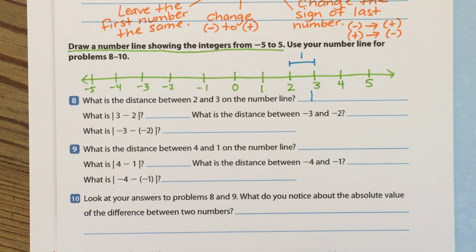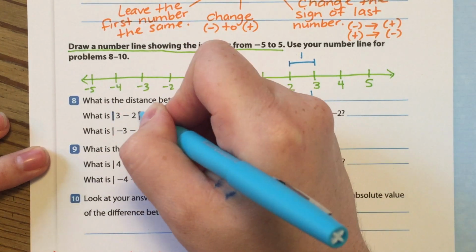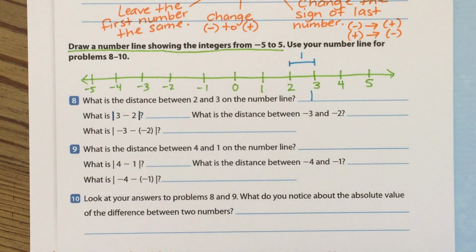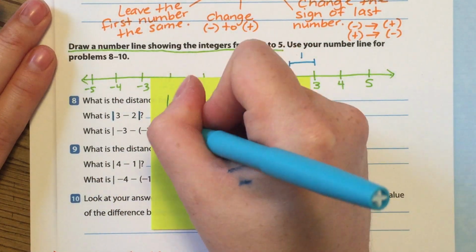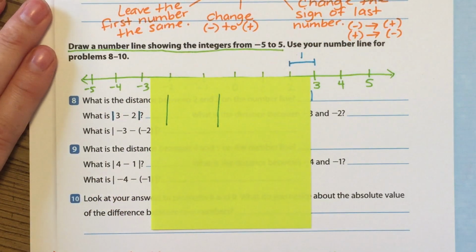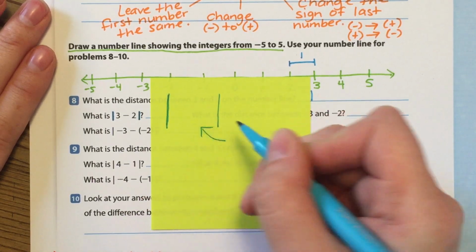The next part of the problem, we have some notation that you might not be familiar with. It's these two little vertical lines around 3 minus 2. And those little lines are called absolute value. So when something is in the absolute value symbols, I'm going to just do it on a little post-it note here. When something is in the absolute value symbols, what that's asking you is, how far is this thing from